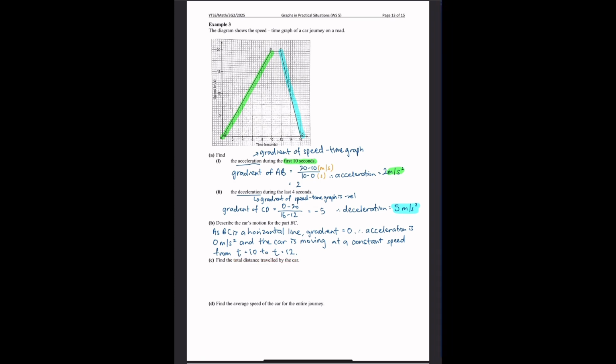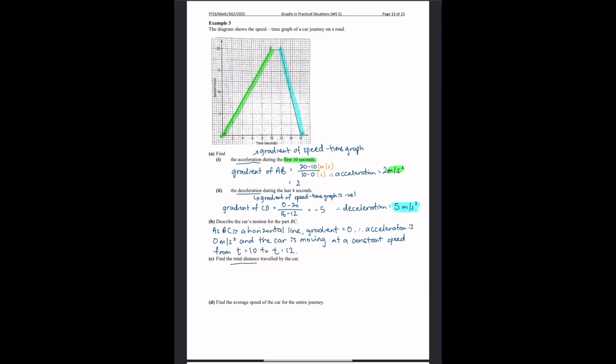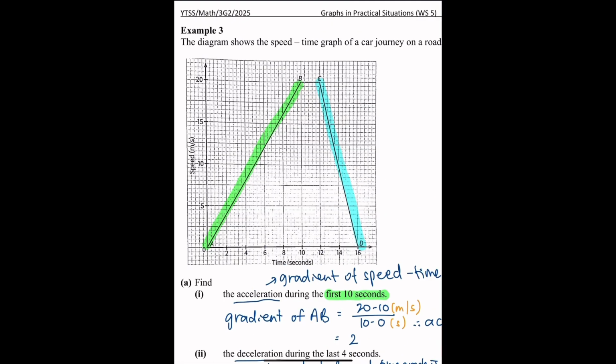Now let's look at part C. Find the total distance traveled by the car. So to find total distance using a speed-time graph, it is the area under the speed-time graph. So what do I mean by under? Let's look at the graph here. If you notice, BC, this line, is parallel to AD. So since these two are parallel, if you notice, this is a